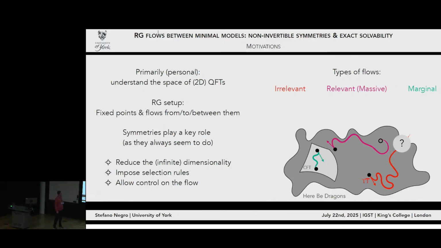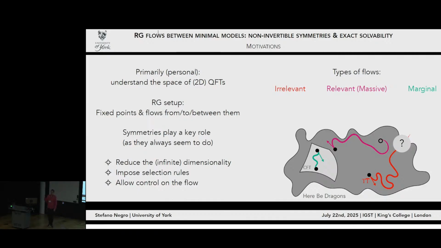And then you also have my favorite flows, the irrelevant flows, which actually are the majority of the possible flows if you're in dimension bigger than 1. So you have an irrelevant operator that you can use to perturb a conformal field theory. Now you cannot think of that as a UV point anymore because of how RG works. But if you insist on following the direction of a specific irrelevant operator, then you can try to trace a path in the space of theories, and this is the example of the TT-bar operator, which actually allows you to do it exactly, so you can actually flow that.